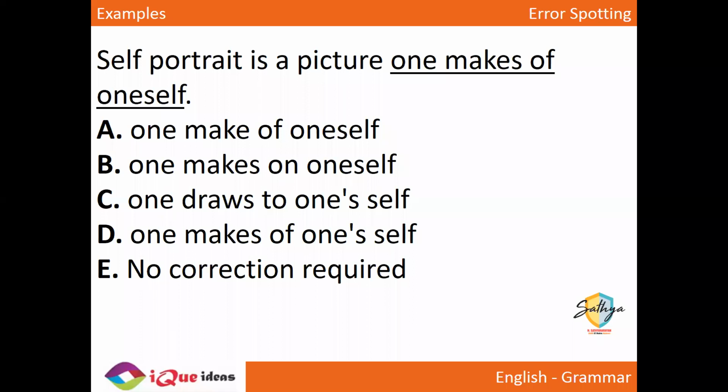The meaning of the sentence is self-portrait is a picture you make. It defines what a self portrait is. So technically speaking, the given sentence is all correct. You don't need to make any changes for this particular thing, right? The sentence is correct as it is. I think a lot of people got this right. I hope the others also got it. You don't need to make any correction in this particular thing.